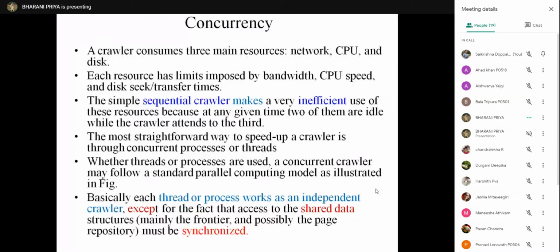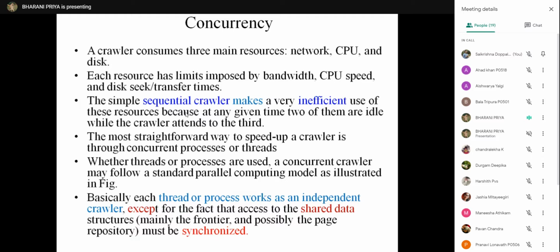Concurrency. So when we are writing a crawler program, the crawler will use the network, CPU for processing, and a disk for storage. Each of these three resources has its own limitations. Network has a bandwidth limitation, CPU has a speed limitation, and when you are storing data on the disk, it has seek and transfer time.